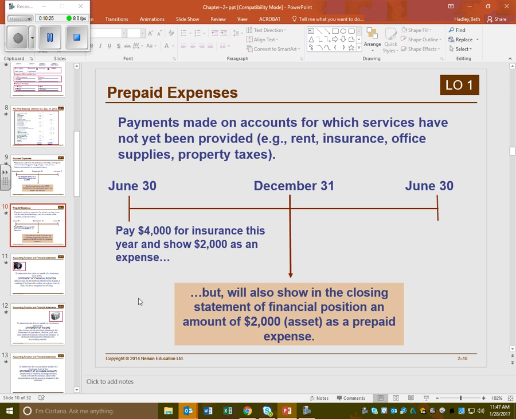Prepaid expenses, one of the biggest ones is insurance. It's not as much anymore, where so many insurance companies allow everybody to pay their insurance on a monthly basis. Then it would just automatically be an expense when you actually pay that amount on a monthly basis. But if you have to pay your insurance a year ahead, or if you choose to so that you can avoid the administration costs, then it all gets set up in prepaid expenses and then gets expensed out on a monthly basis. Okay, I'm going to stop the video at this point